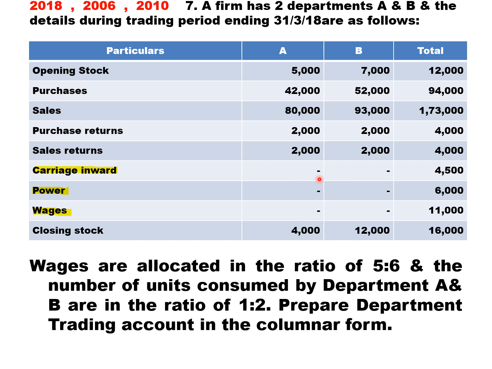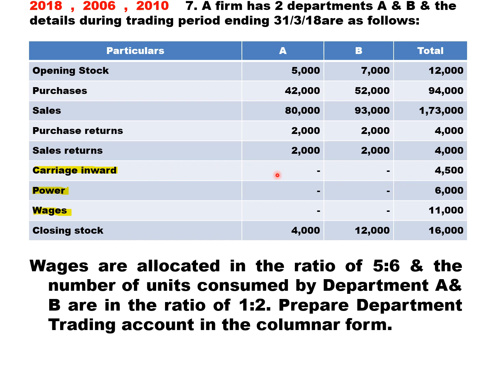How to distribute carriage inward 4,500, how to distribute power 6,000, and how to distribute wages 11,000. So you need to concentrate more on these 3 issues: how to distribute these 3 among A and B. So students,